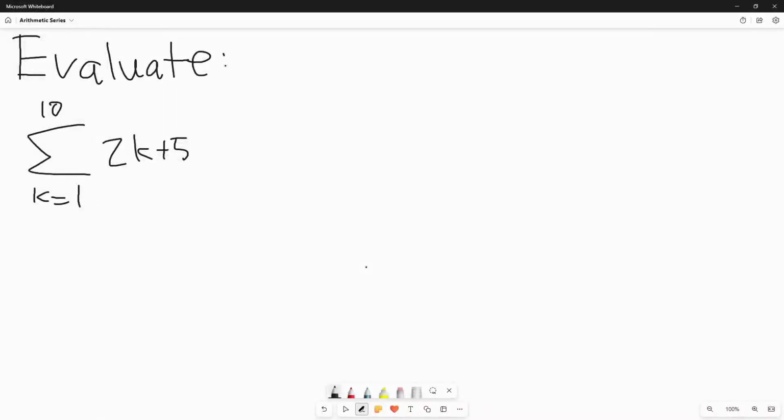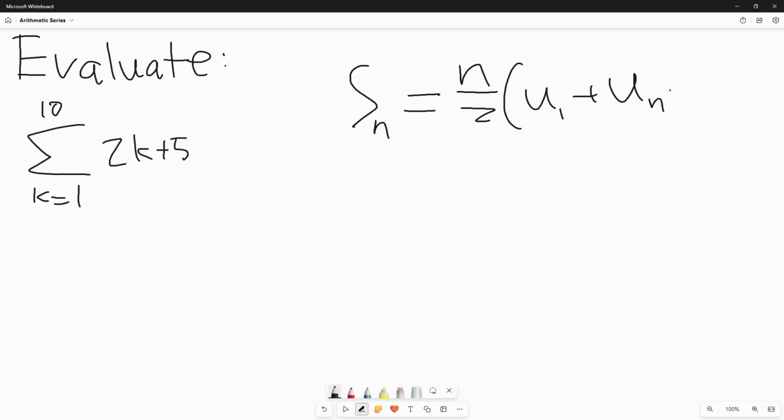Let's do another practice problem. This one is asking you to evaluate the sum of this sigma notation, and we can do this by using the formula again, which is Sn equals n over 2 times (u1 plus un). And n is going to be equal to 10 because that's the top number, so Sn or S10 is equal to 10 over 2